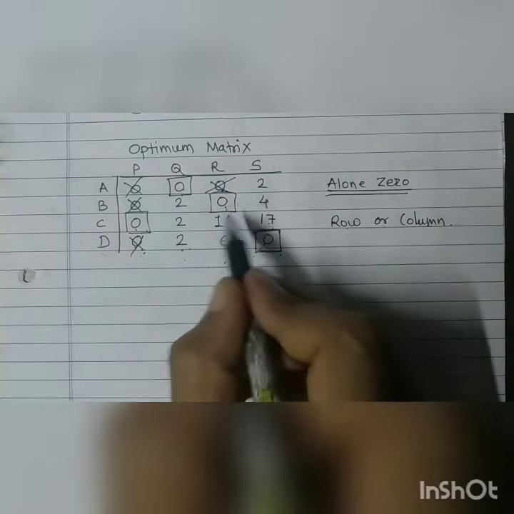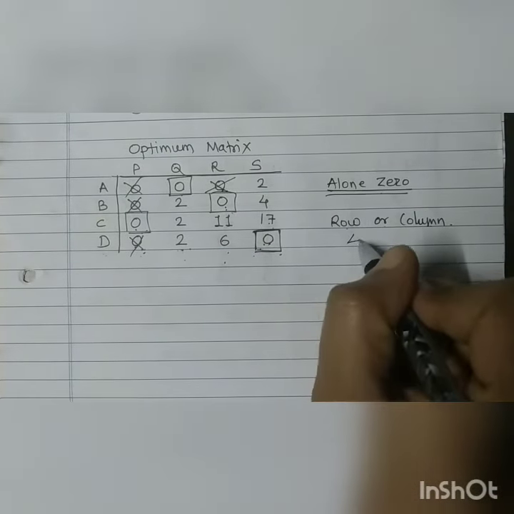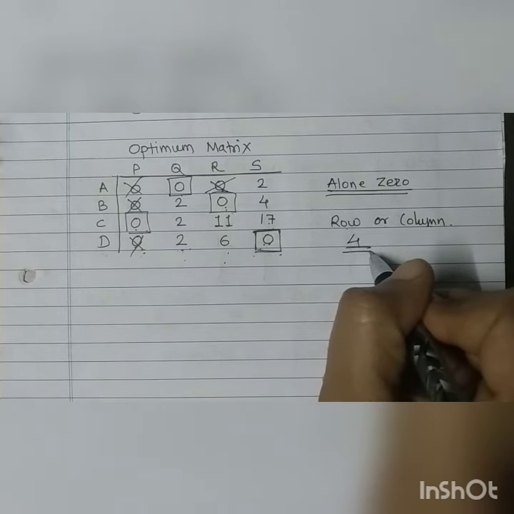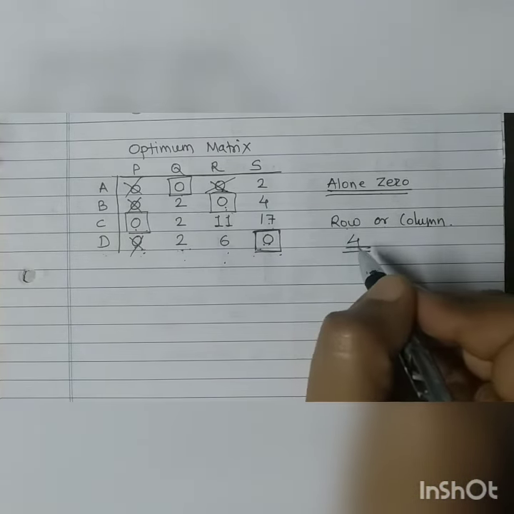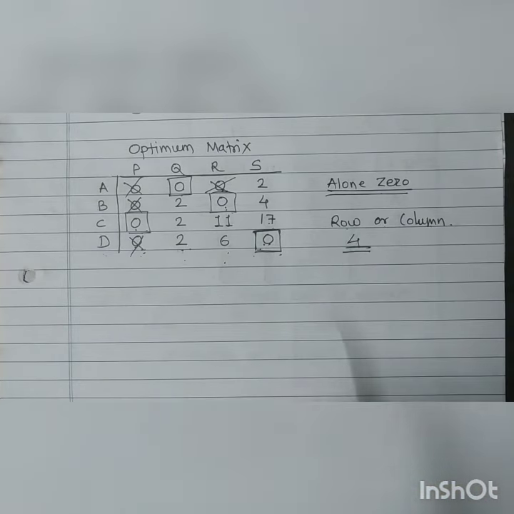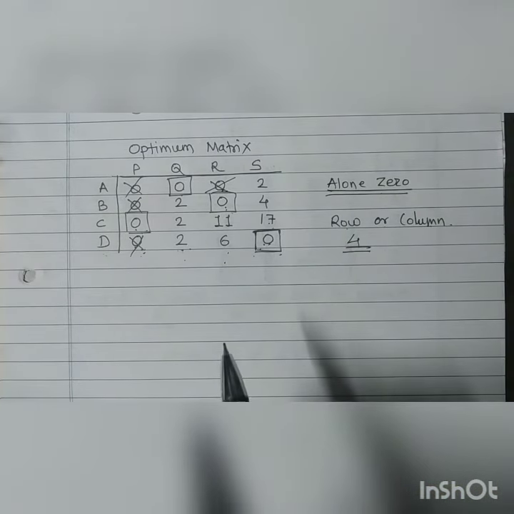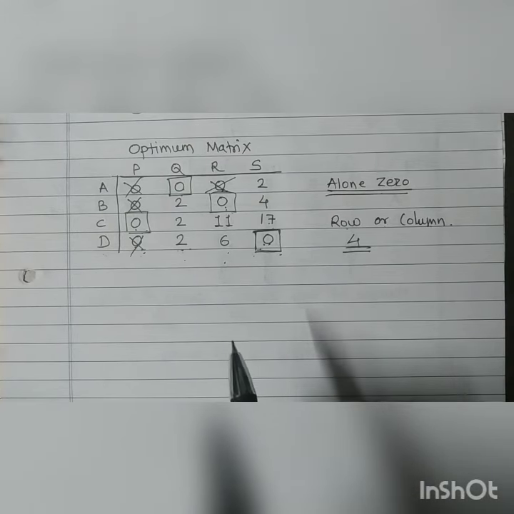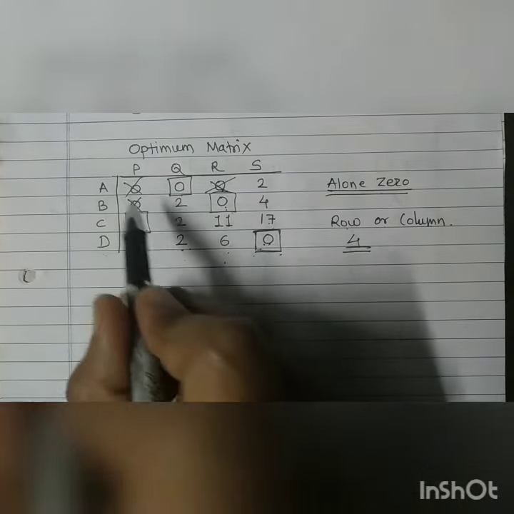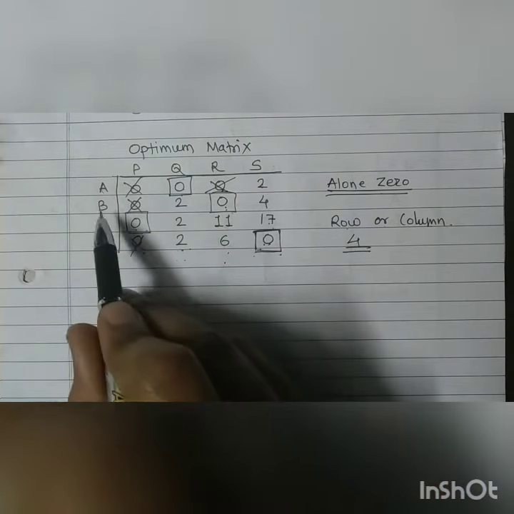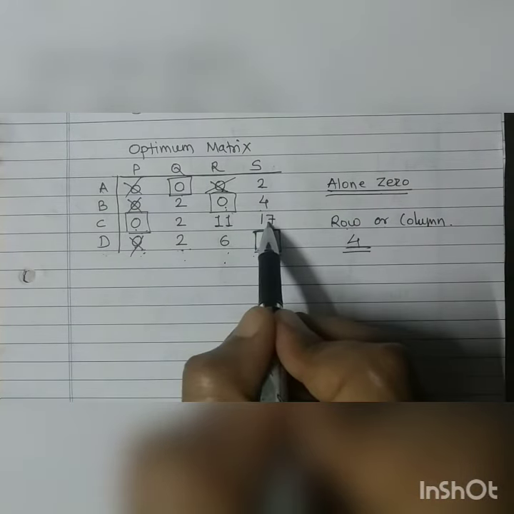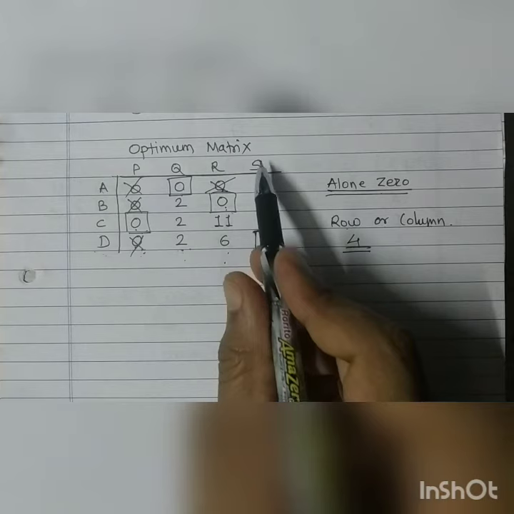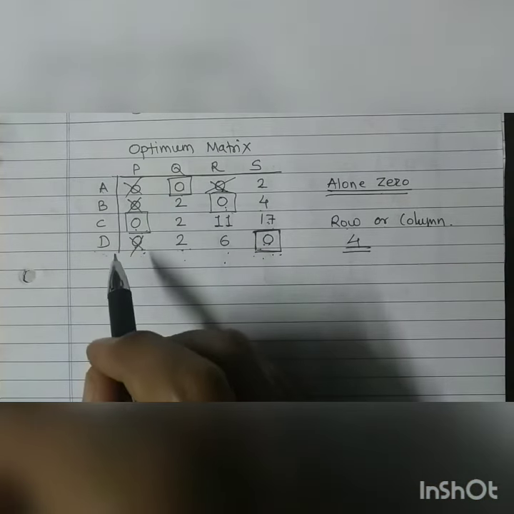So there are 4 zeros that should be captured, as the order of the matrix is 4 rows and 4 columns. So I am searching for a total of 4 zeros and I got 4 zeros. Again, we can check that in every row, minimum 1 0 is captured. There should not be any row or any column where zeros are not captured. So in the first row 1 0 is captured, second row 1 0, third row 1 0, fourth row 1 0. So in all rows zeros are captured.